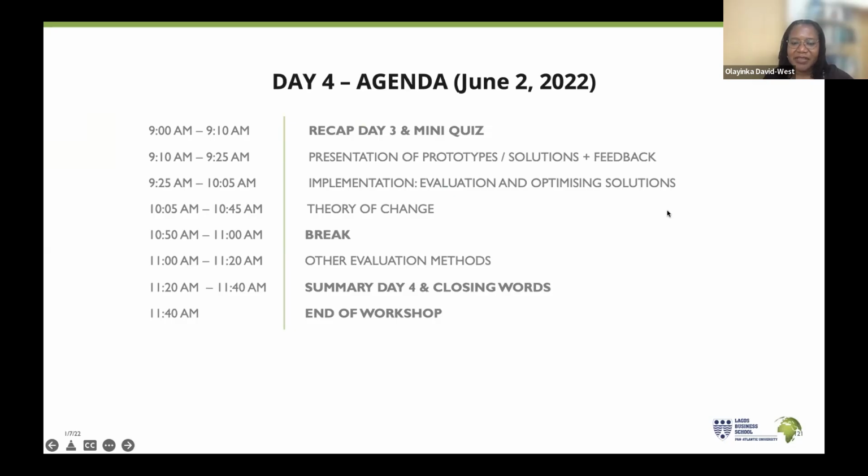Before we start, I'll just take us through a recap of what we've done today. And we've already started doing that. And then we'll talk about the prototypes that you went back to develop. And I hope that given the time that we had, you've had time to explore and expand and really design your prototypes. And then we'll start to talk about implementation and then the theory of change. We'll take our usual 10-minute break and then talk about other evaluation methods before we wind down on the entire